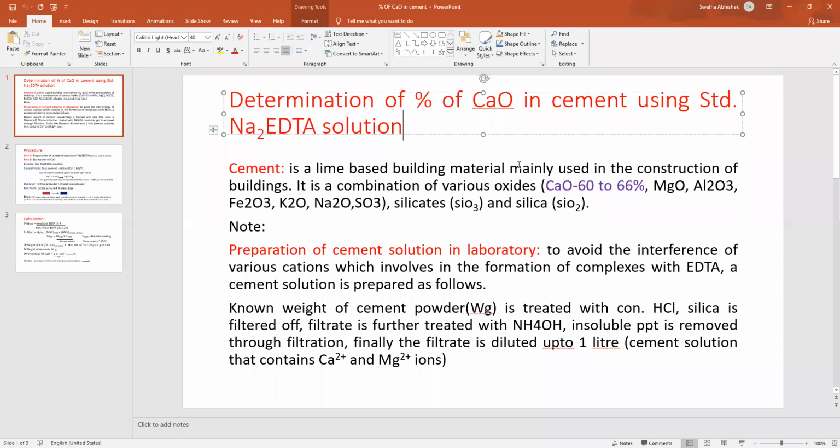So now I'm going to explain the second experiment under volumetric analysis. The aim of this experiment is to determine the percentage of calcium oxide in cement using standard disodium salt of EDTA solution. Okay, so this experiment is almost similar to your first experiment. Even the procedure is almost similar to your first experiment. Only we are going to discuss about